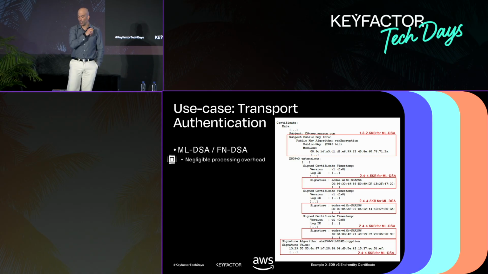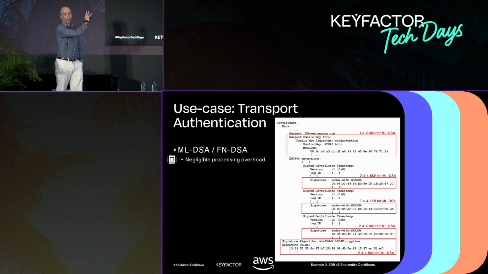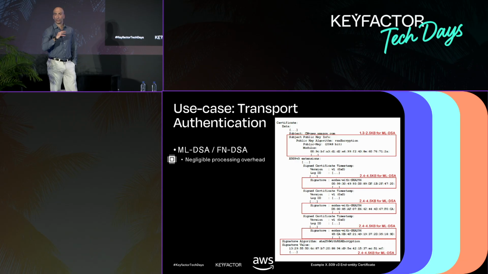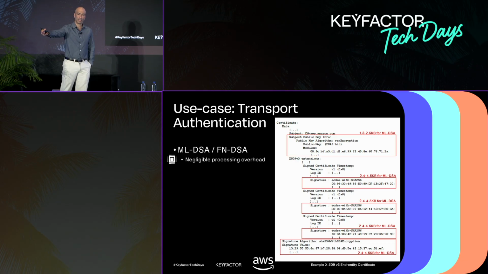But I have here a typical PKI X509 certificate that's used on the web. The folks back there cannot see it, but it's a typical certificate. It has a public key at the top, and it has 3 signatures below it for SCTs and the CA signature. So if these fields are swapped to the post-quantum signature, like MLDSA, it means we will have many more